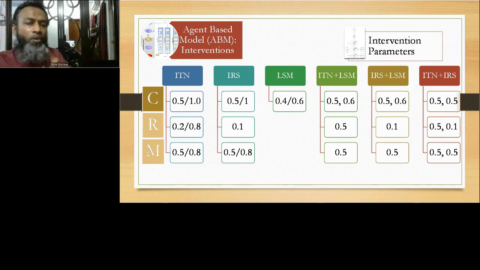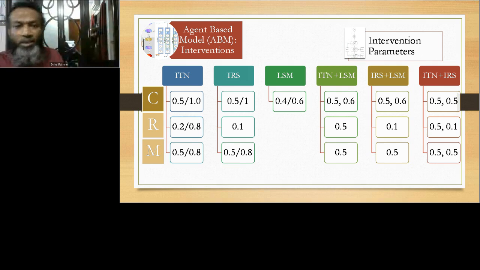And as I was mentioning, we have interventions in isolation, and we had interventions in combination. For all these interventions, we had three different combinations of three parameters, that is coverage, repellency, and mortality. And then we applied these interventions on the core validated model. The goal, as I mentioned earlier, is just to see what is the status of female abundance after the intervention